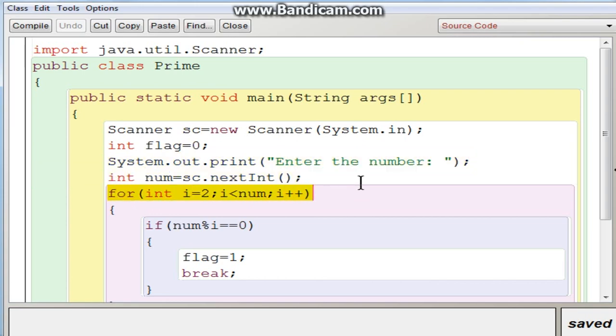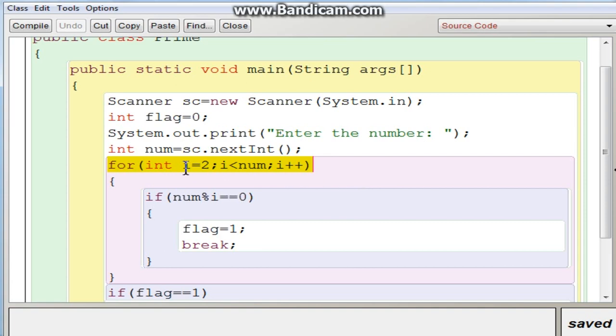Next statement is a loop statement. Here you can see that the value of i starts with 2 and ends at less than num. That means if the number is 17, it will start from 2 till 16. It will skip the first number and the number itself. I am going to divide the number by the i value every time, so it keeps checking whether the number is divisible by any number other than 1 and itself. So I have skipped 1 and the number itself. That's the reason I gave it like this.